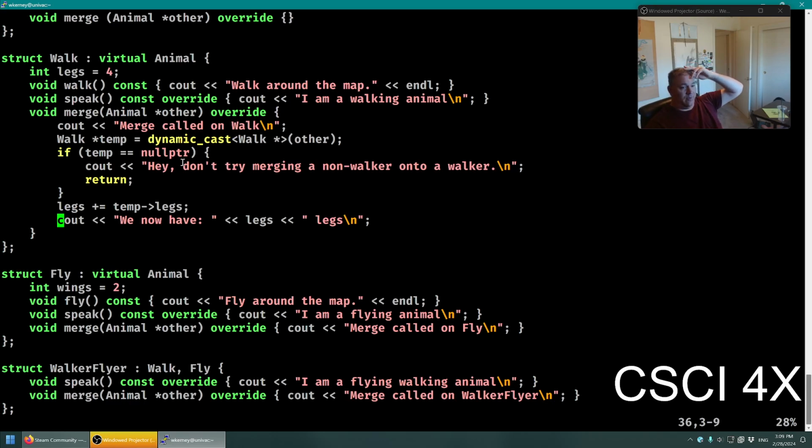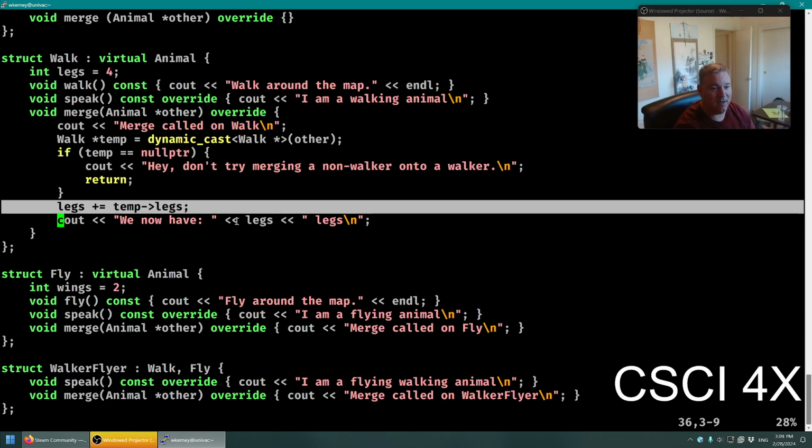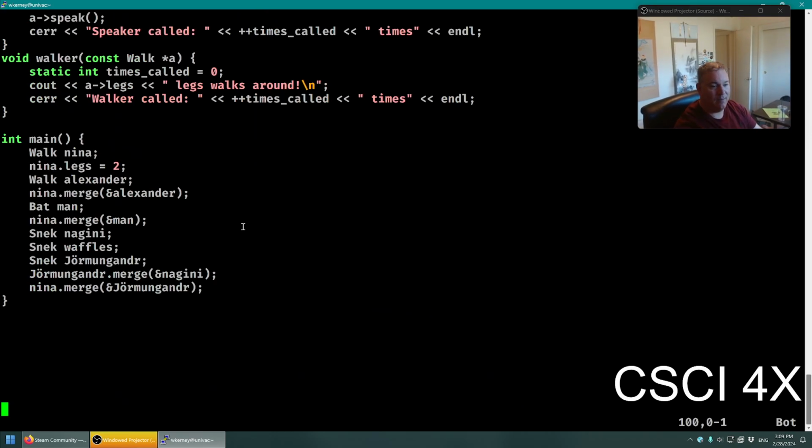There is a legs variable that should be able to merge correctly. So you can cast a child of walk to walk. That's fine. Because anybody who is a child of walk, which includes walker, flyer, cat, anybody who's a child of walk can be dynamic casted to walk because all of them have legs, right? And so we can grab the number of legs off of Batman, merge it in,